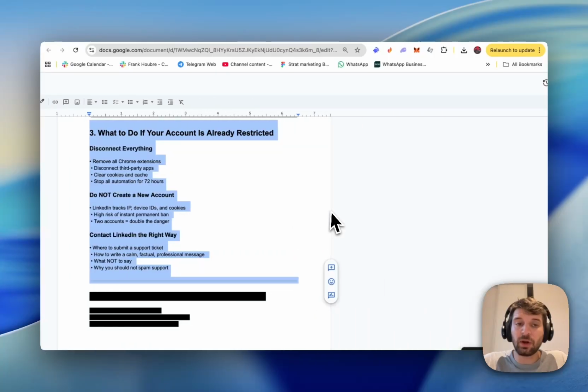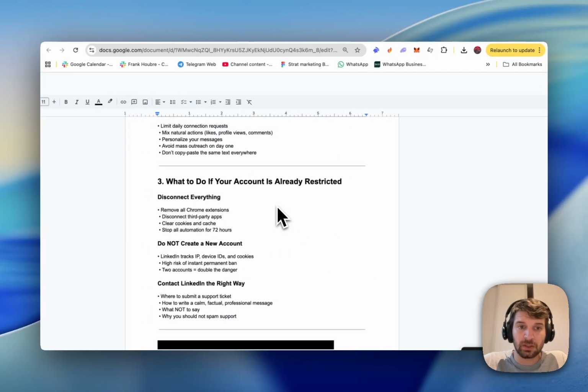So now, what if you are restricted? If they start disconnecting you, you just remove all Chrome extensions, you remove all the tools, you clear cookies and cache, and you stop automating for 72 hours. That's really important. Don't create a new account in the meantime, unless you use it in a new browser with proxies,